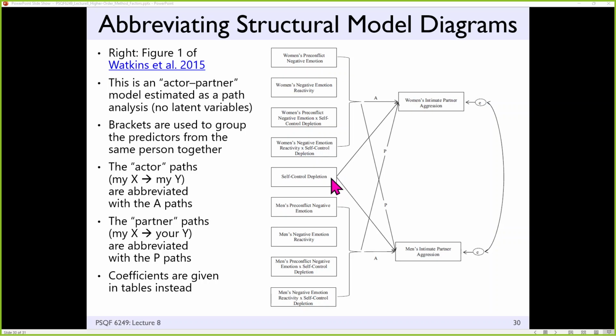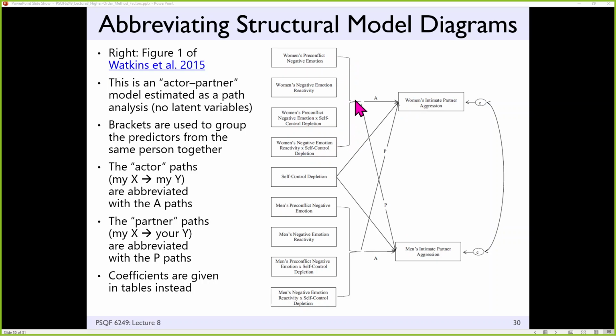So basically making people do really annoying things for a long time until they got really tired of it, and then measuring some stuff. So we have pre-conflict negative emotion reactivity, and interaction with the manipulation, because they thought being depleted would exacerbate these problems. And so the interaction terms are shown in boxes here because that's how you would actually represent it in a path model. And instead of having 4 different arrows from these possible boxes to here and to here, she grouped